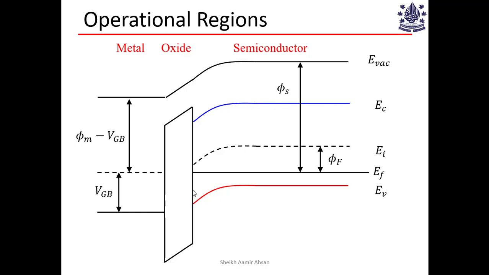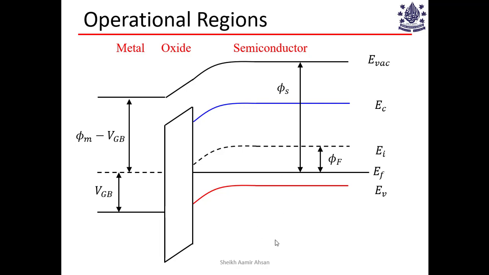It's called the potential balance equation, which is more or less like your typical KVL, Kirchhoff's voltage rule, which you do in your elementary classes. We start with this Fermi level here, go all the way from this point to this point, and return back to the same Fermi level, right? Thus, the